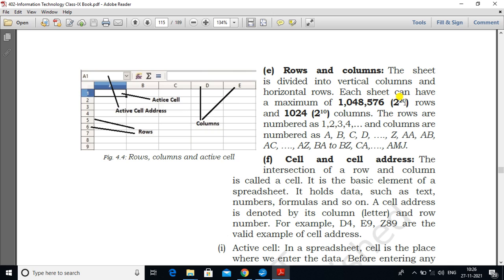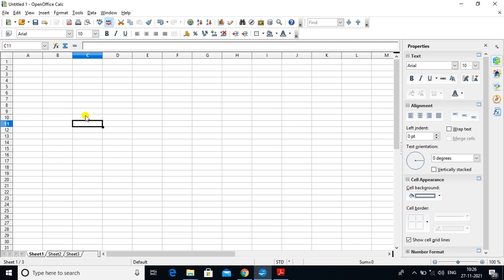This is also called the column heading. Okay. So you have to remember the number of rows per sheet and the number of columns per sheet. Also, the active cell address appears here in the name box.